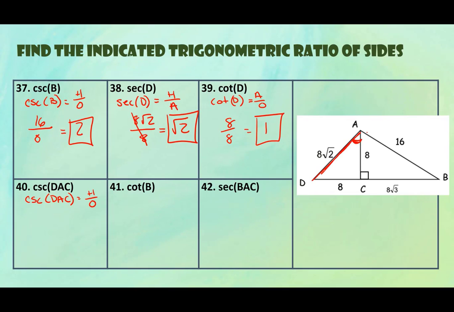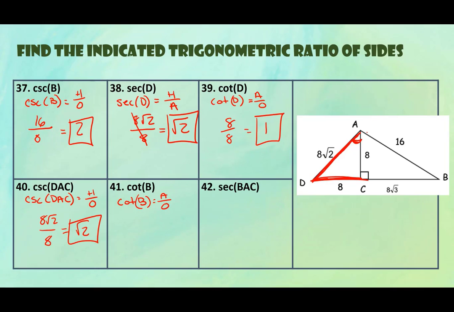So we're looking at the hypotenuse here, which is 8 root 2, and the opposite side is 8. So we have 8 root 2 over 8, which is going to reduce down to the square root of 2. You guys may have caught on, but all of these answers are the reciprocals of the answers that we had in our 6 previous examples. Okay, so we also have cotangent of B, which is adjacent